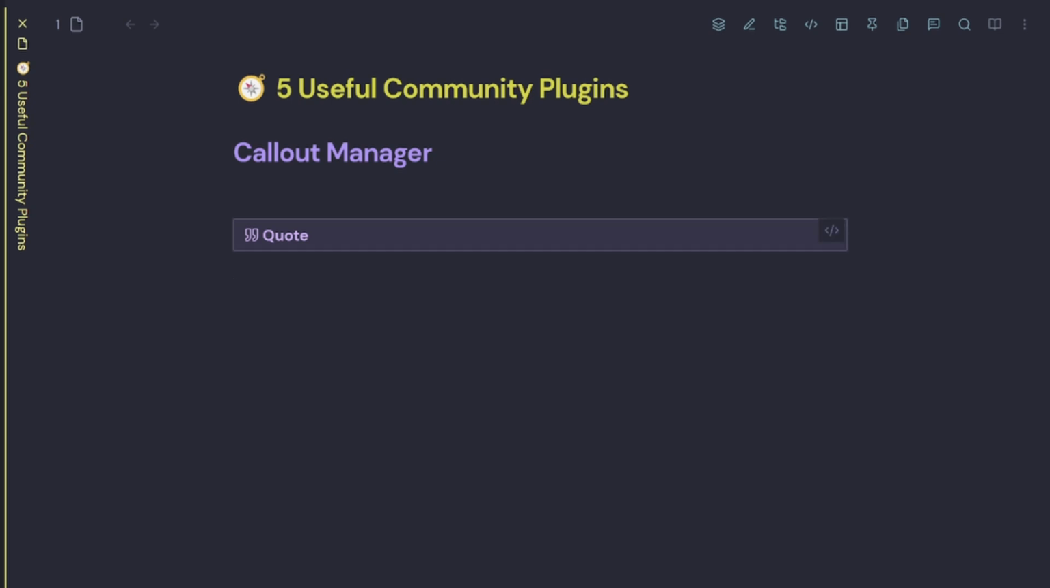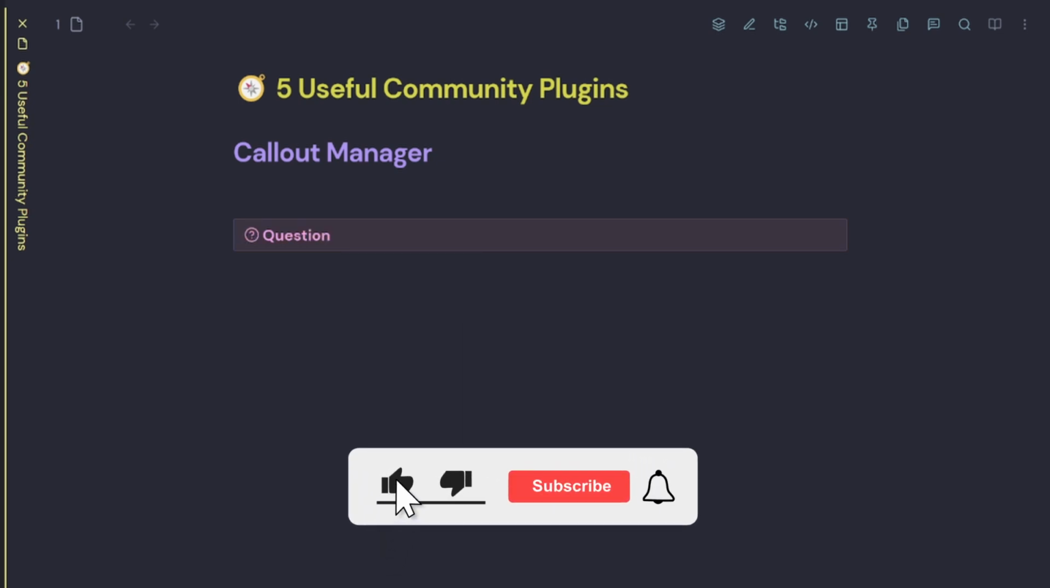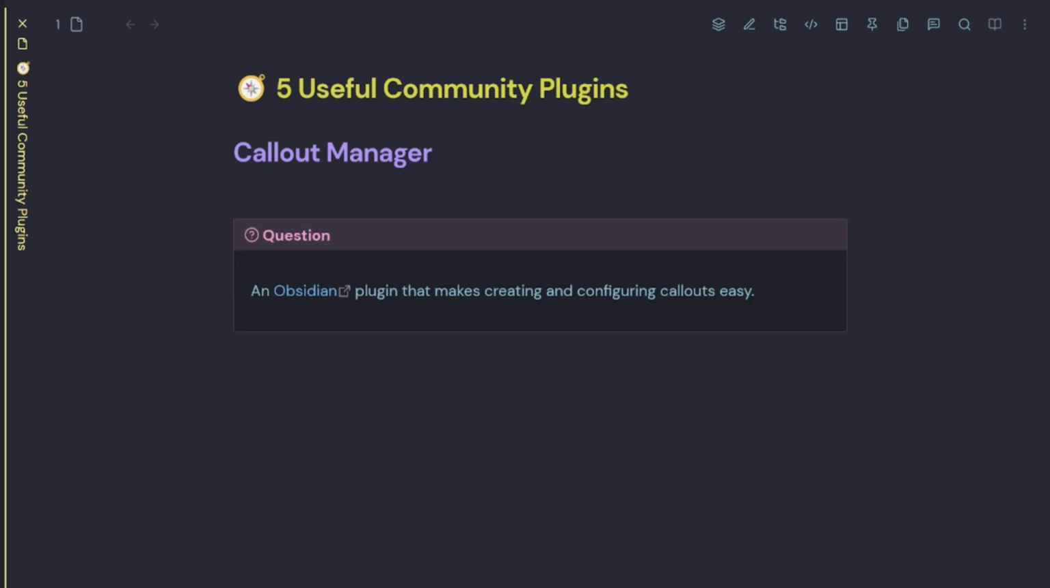If you're running Obsidian 1.8 or higher, you can right click the callout and change the callout type, but sometimes you don't know what the callout type looks like, or you can't remember what it looks like. So this is where the Callout Manager comes in handy. You can see here that I've pasted what the Callout Manager plugin is about, but I don't really like